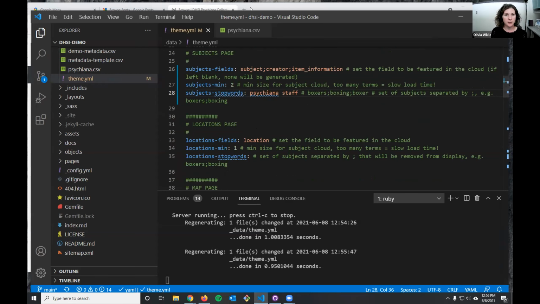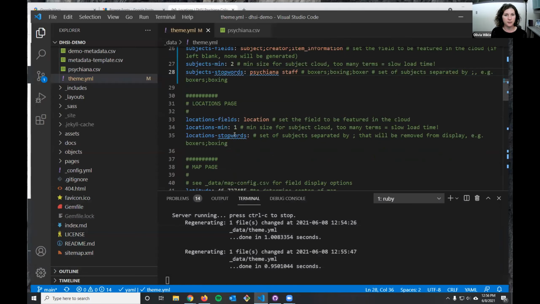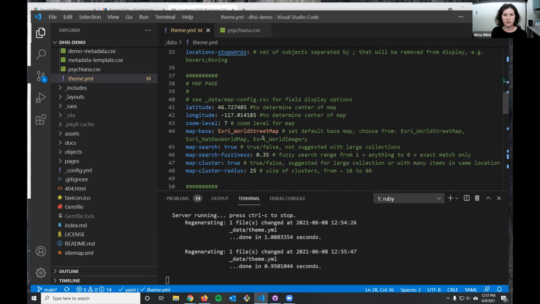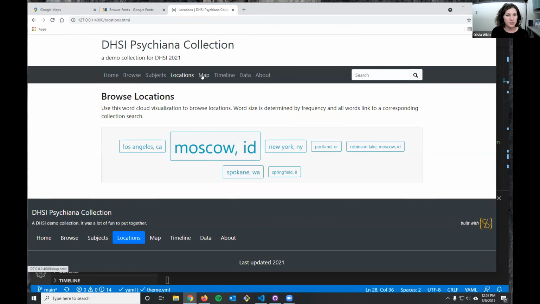The locations page works exactly the same, so I'm not going to do an example of that here. And I know I'm going kind of fast, so it's totally fine right now if you just want to sit back and watch while I do this, and then take your time during your homework too. The next page is the map page, and so let's go see our map and decide what needs to be